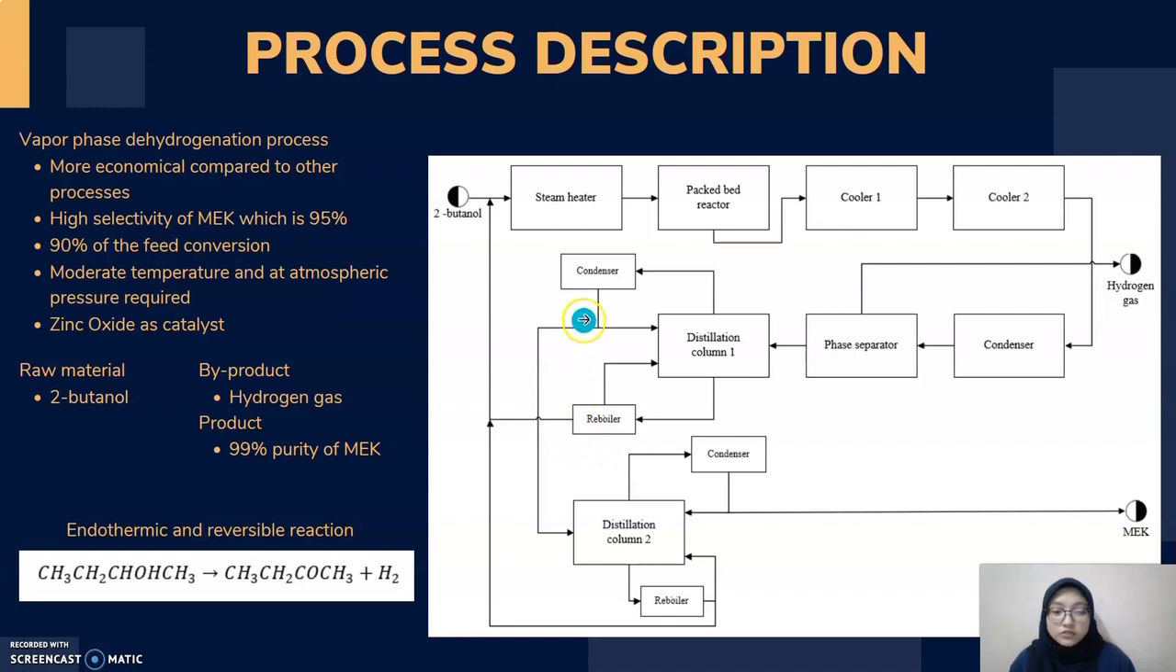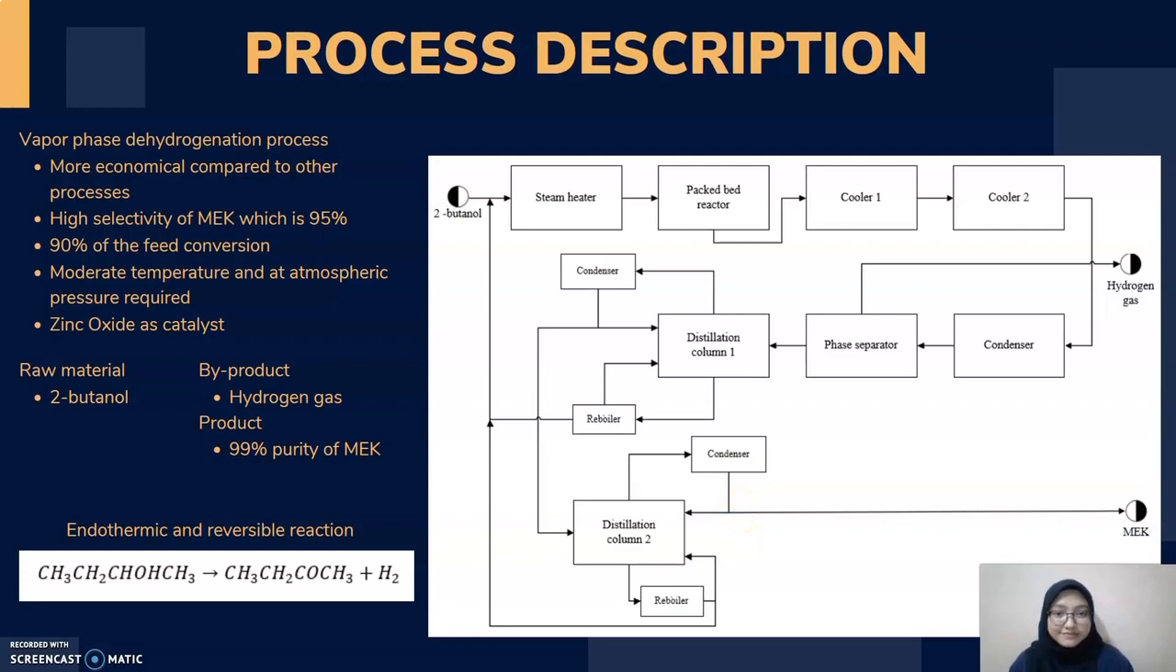After MEK and 2-butanol has been condensed, it will enter the distillation column 2 for the final purification process. The operating condition for distillation column 2 is 90 degrees Celsius and 1 atm. From this process, 99% of pure MEK will be distilled as final product and enter the condenser, while the remaining 2-butanol will exit as bottom products and will be recycled to feed storage tank. The final product, which is MEK, will be condensed into liquid phase and will be stored in the product storage